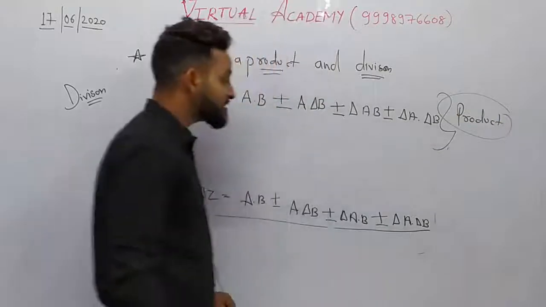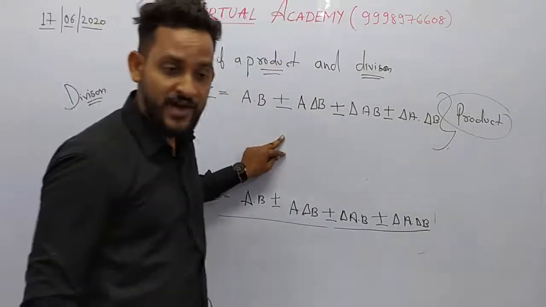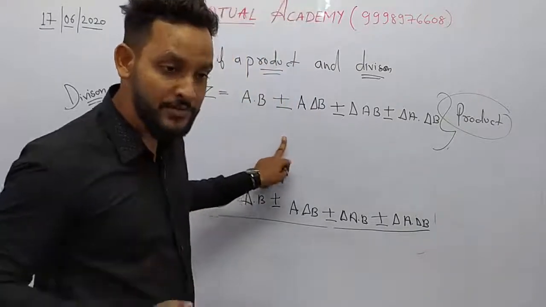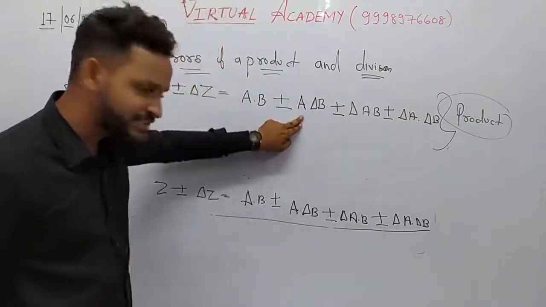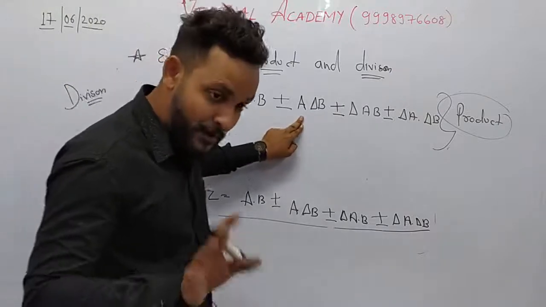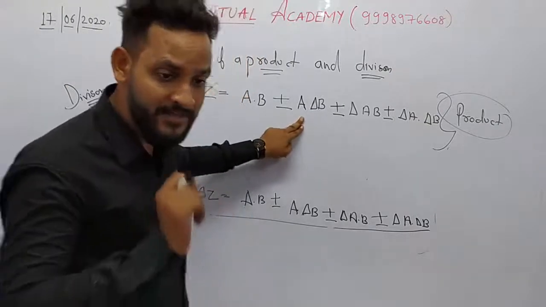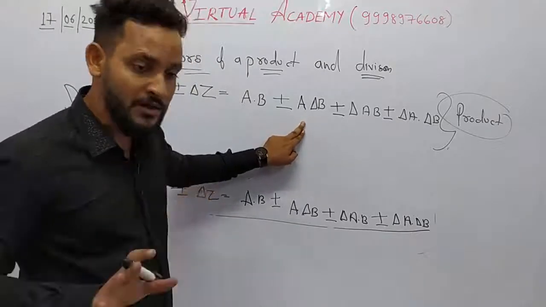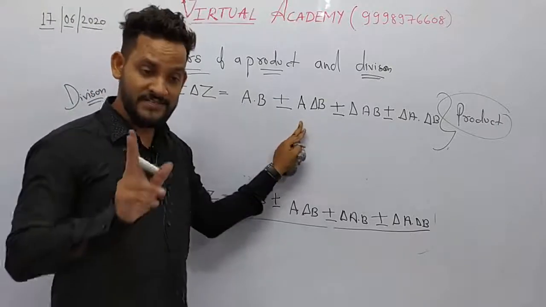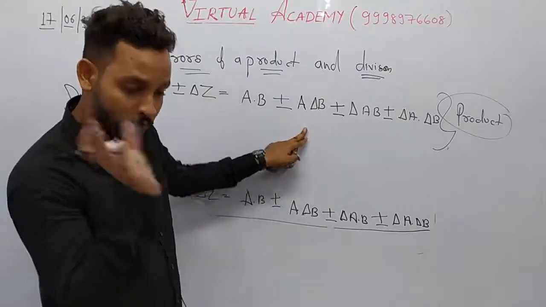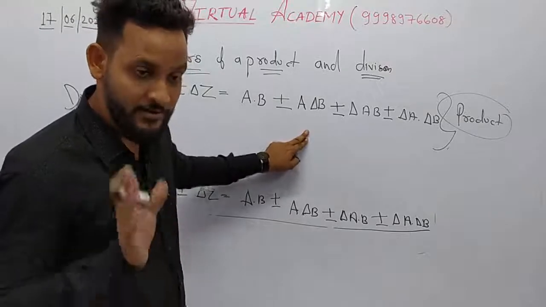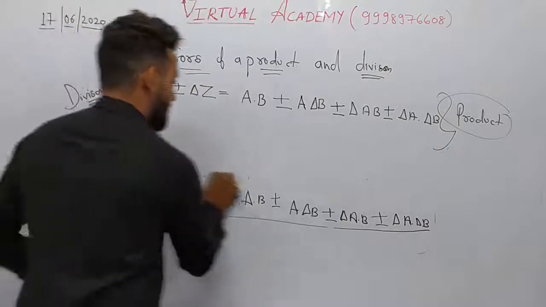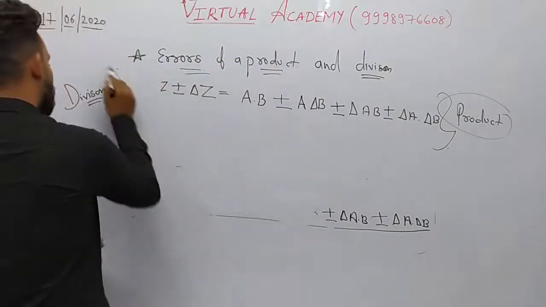Dear student, just remember this equation, because it is very useful and beneficial to us while solving numericals. Numericals of this kind are very easy if you have proper knowledge of how to add the error, subtract the error, divide the error, and multiply the error. Then we can solve the numericals very easily. Numericals of the physics subject are very easy, you just have to focus on the equation. Now after this, we are dealing with division.